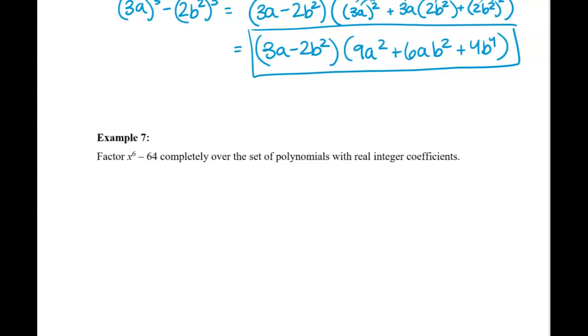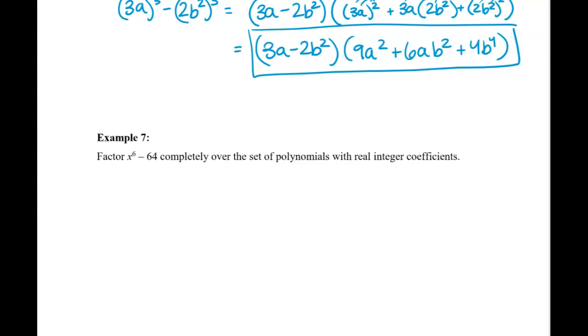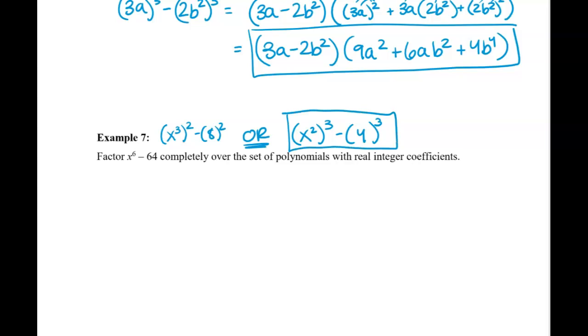So the trick here is that technically you could use difference of squares or difference of cubes. You could say x cubed squared minus 8 squared, or we could say x squared cubed minus 4 cubed. You will end up with the same answer either way, you just might get there a different way. I'm going to choose the difference of cubes, but either one will work. So if we write it as x squared cubed minus 4 cubed,